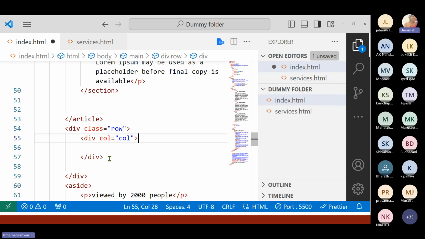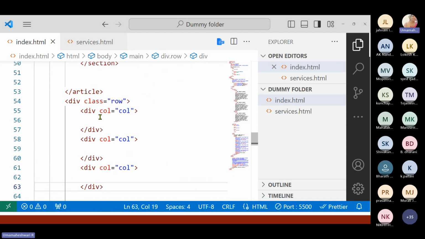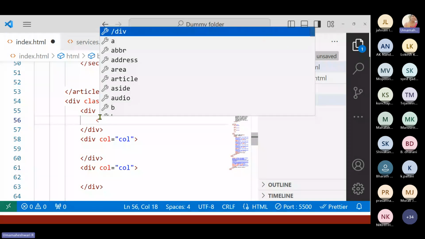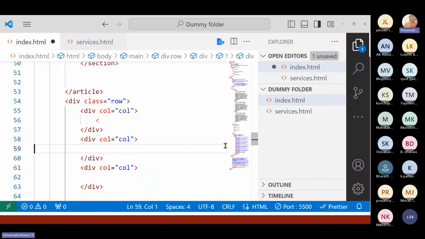This is a customized columns. So like this, I'm creating some 3 columns. Okay. So inside this column, I'm just importing. I need 3 things. One is image, the another one is text, and the another one is button. So to import the image or the paragraph, let's take the same